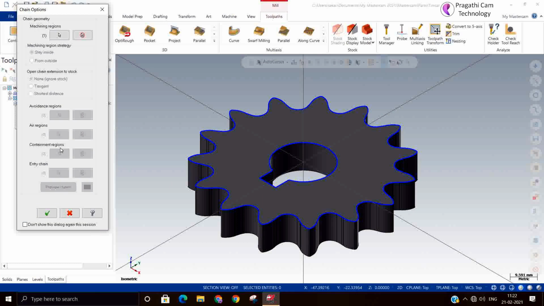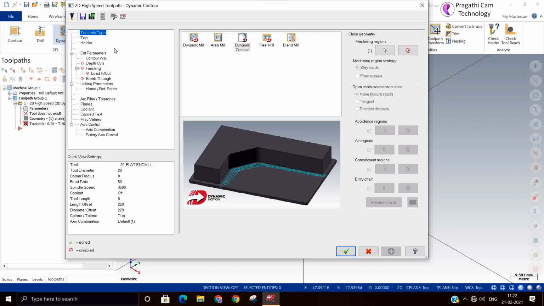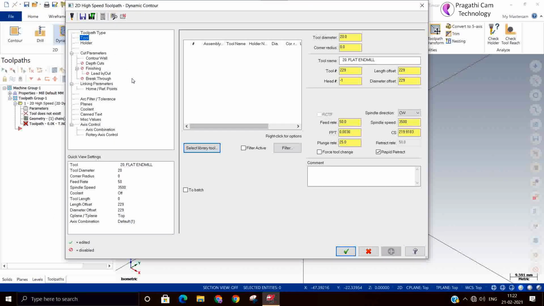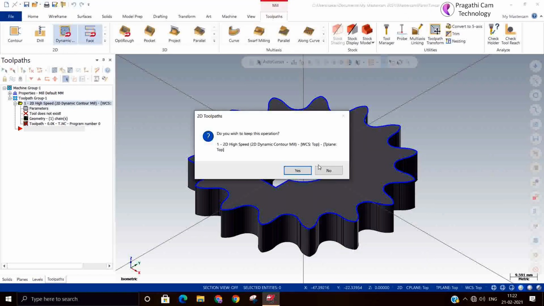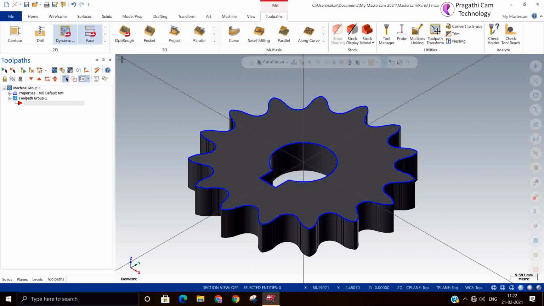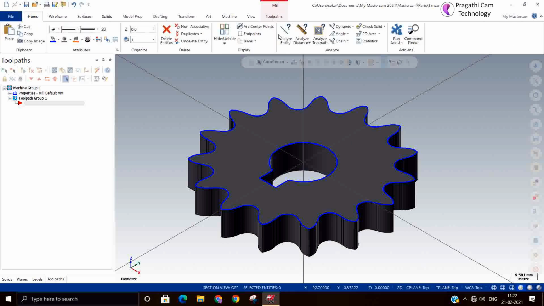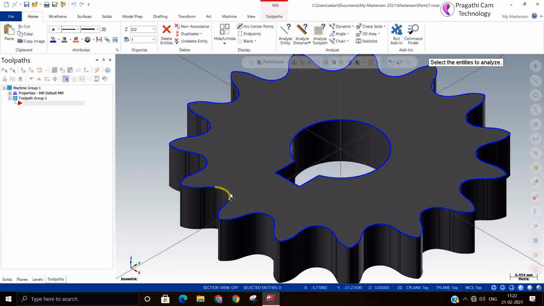Other options we will not allow because we are going to do only contouring. Tool: I should have checked the inner radius, that I have not done. It's better to check the inner diameter so that you can select the right tool. So, analyze dynamic.